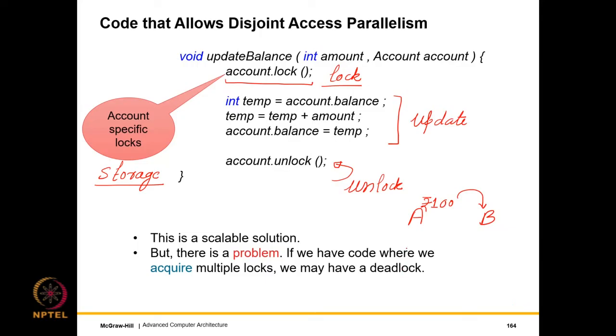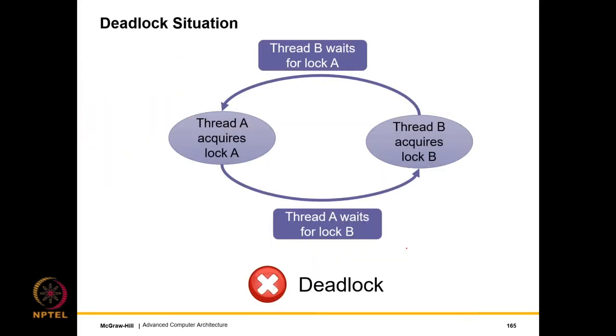So the key idea is that whenever we are dealing with multiple locks, we may be looking at a potential deadlock situation. Such deadlock situations are difficult to handle, but I'll provide a solution. So the deadlock is shown in the next slide. So let's assume that there are two threads A and B.